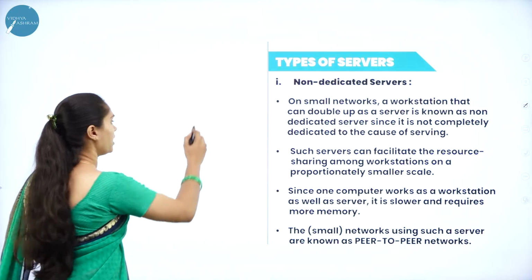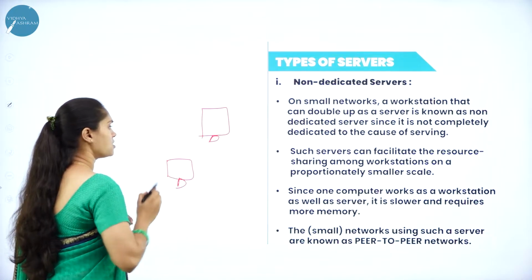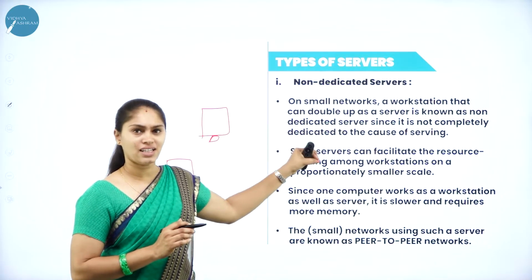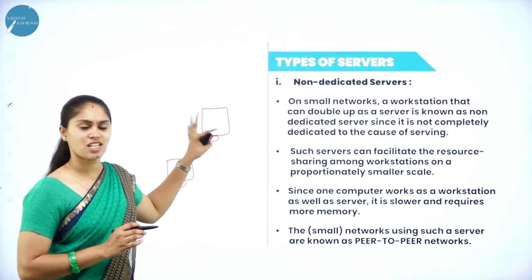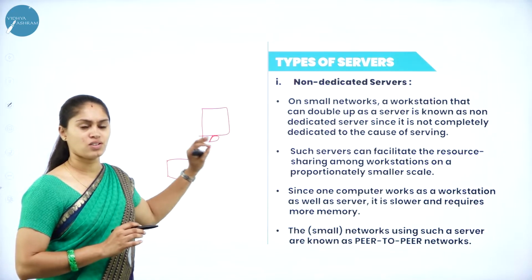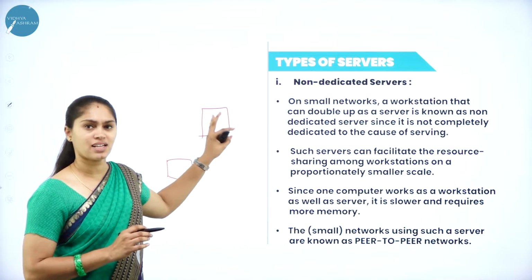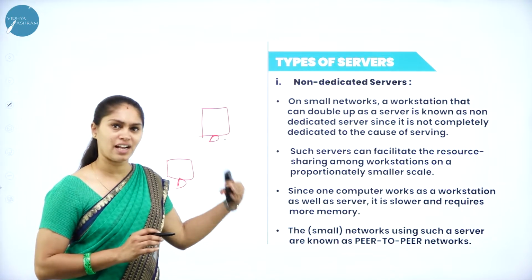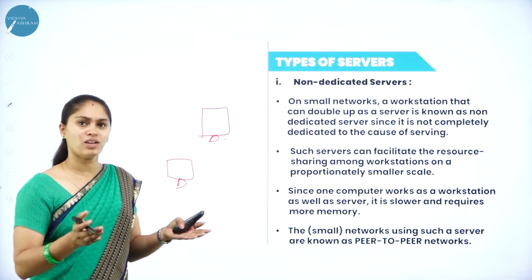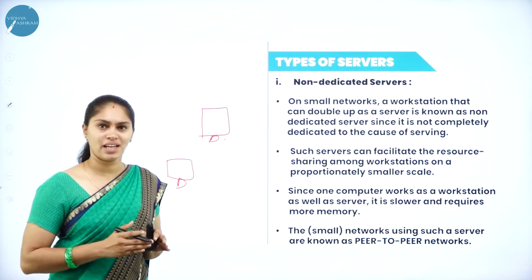So understand, how can I say some computers as a server? How can I say some computers as a client? So here you consider one of the computers. When it comes to the non-dedicated server, at that time a computer is going to act as both a workstation as well as the server. Workstation in the sense what? Computer. So this computer is going to connect to the network. Then what is the use of server? That server helps us to facilitate the sharing of data, information or any of the hardware and software resources over the network. So when both the work is done by the same computer system, then we are going to call that a non-dedicated server.